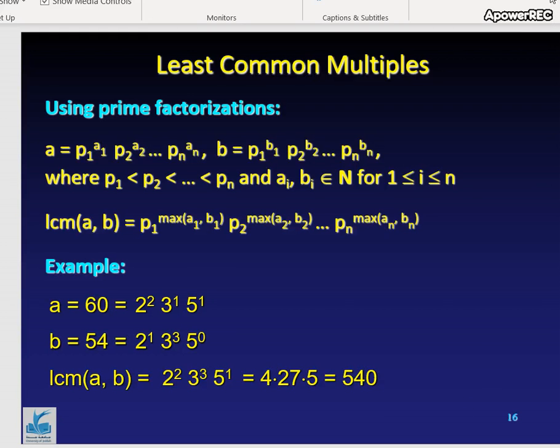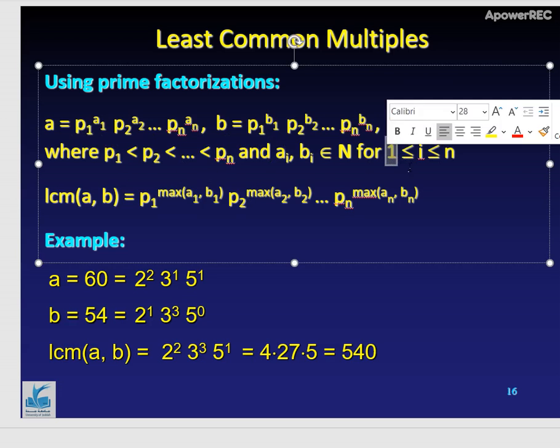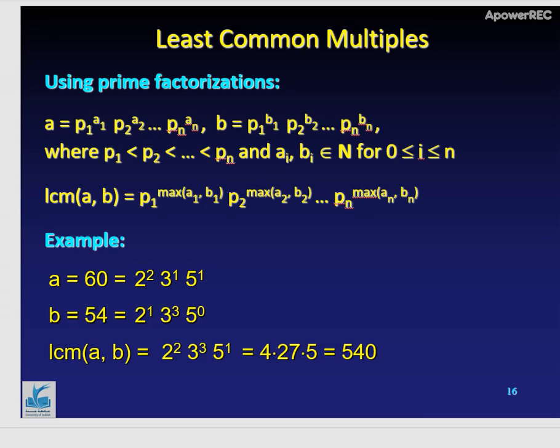Alright, so having studied the definition of least common multiple and found a way to compute least common multiple, we now move on to finding least common multiple by using the fundamental theorem of arithmetic. So again, we express both a and b as a product of the prime numbers, where the prime numbers are arranged in the ascending order and the powers are the non-negative numbers a sub i and b sub i, where